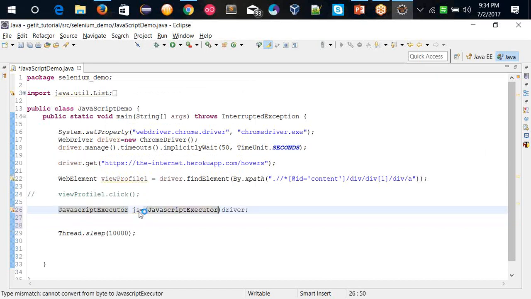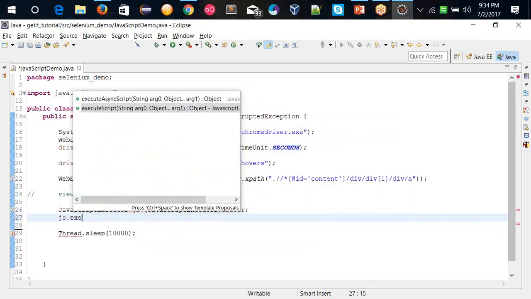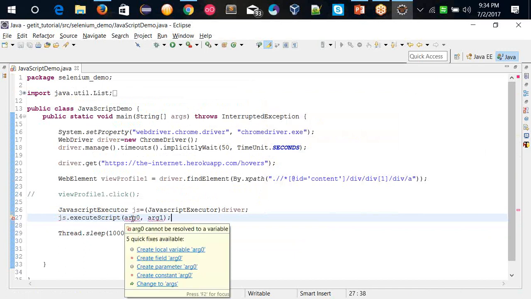You can get this syntax from Selenium HQ's website or on Google. It's not very difficult, but if you are able to remember it, it's very easy. Then using this reference, I can get the execute script function. It's asking me for two arguments. The first argument is the script which I want to execute, which is JavaScript, and the second argument is